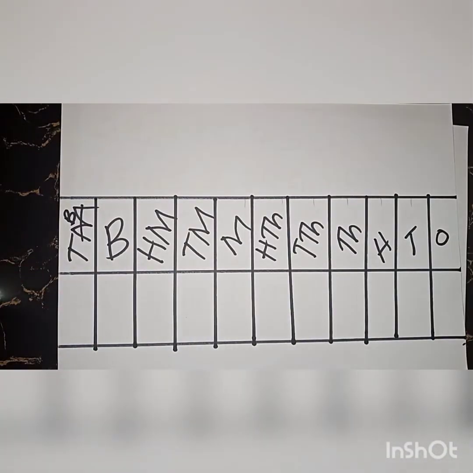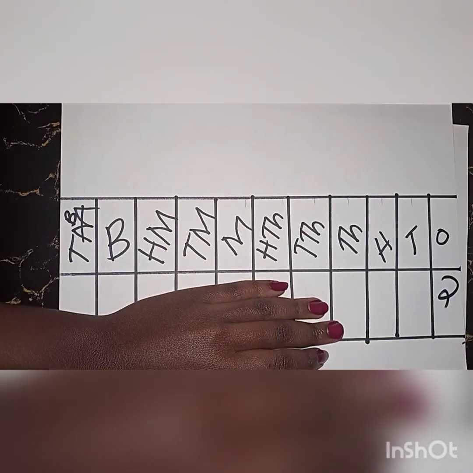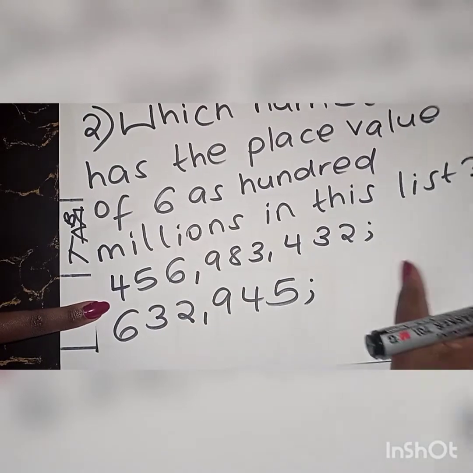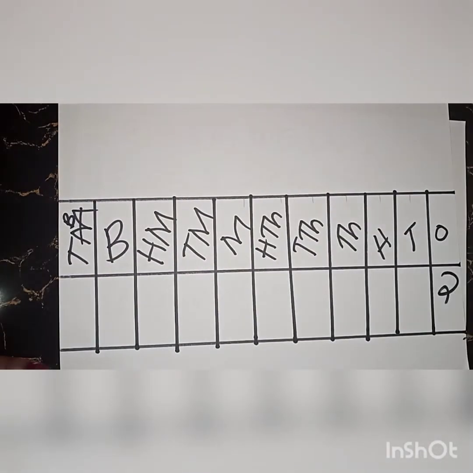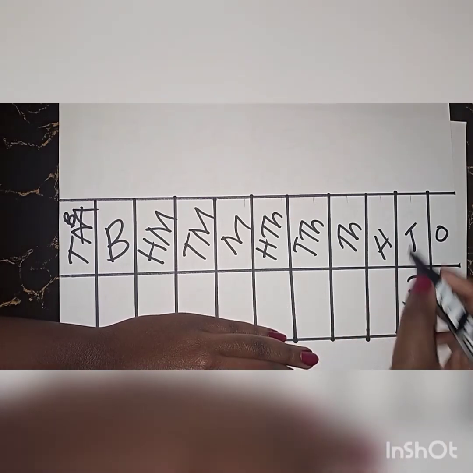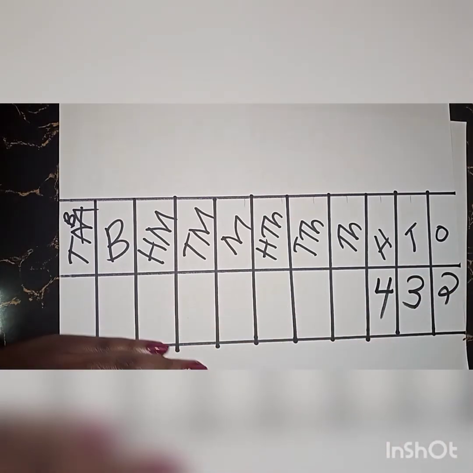Okay, so in our first number, 2 is in the ones place. This is the number I'm looking at, this first number here, okay? So 2 is in the ones place, 3 is in the tens place, 4 is in the hundreds place, this